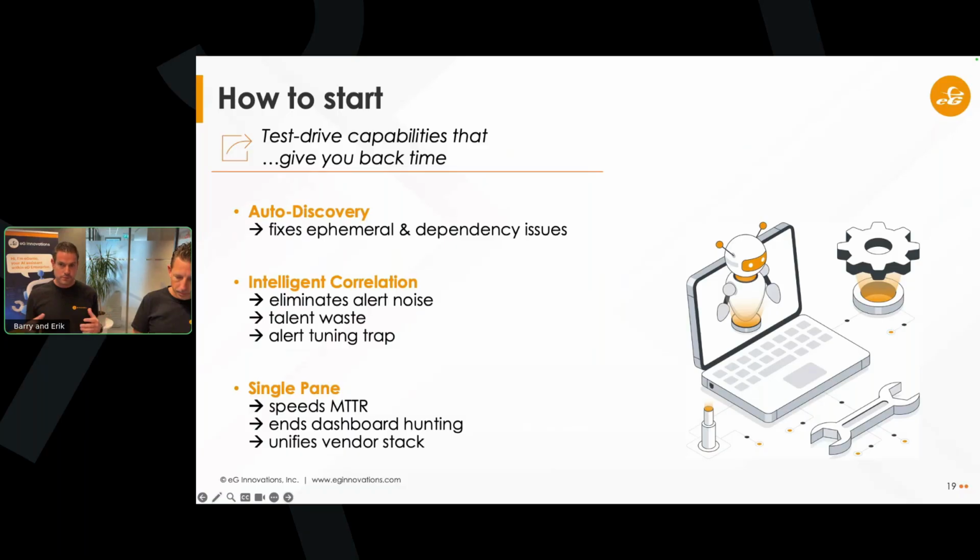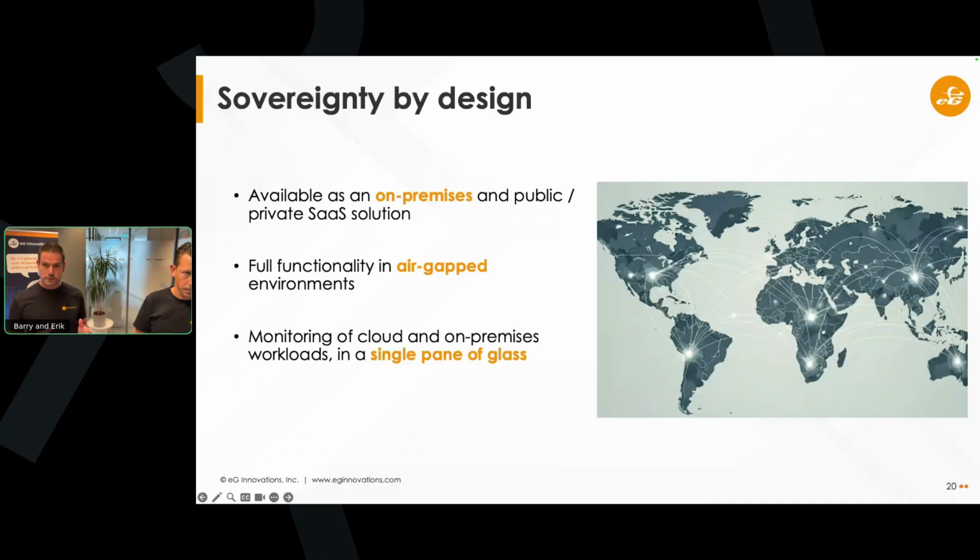So yeah, no matter if you think of one of the auto discovery features or maybe the correlation that we provide, if you want to know more about it, then of course you can test drive it yourself using a trial or using a proof of concept. I think it's good to mention that our solution can run fully on premises and fully air gapped. We know it's important for certain organizations and that we can fully support that.